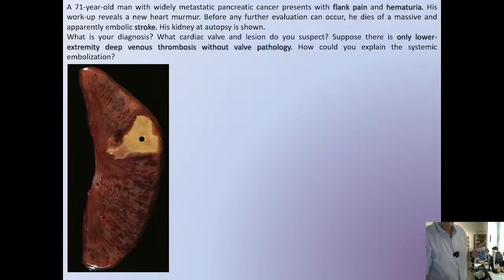Next, have a look at this kidney. It is obvious that there is a well-demarcated region. How does it look like? Yes. White, it's pale. So it's an area of coagulative necrosis which happened after an abrupt occlusion of which vessel? Which stem from the celiac artery gives blood to the kidneys? The renal artery. So either there was an atherosclerosis